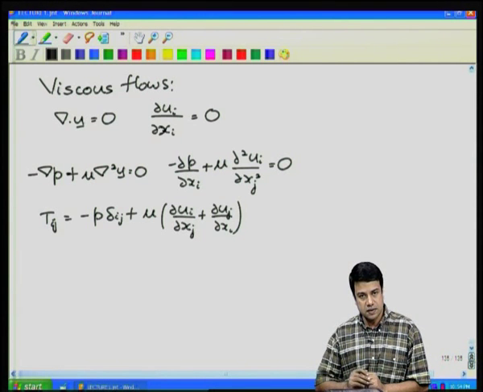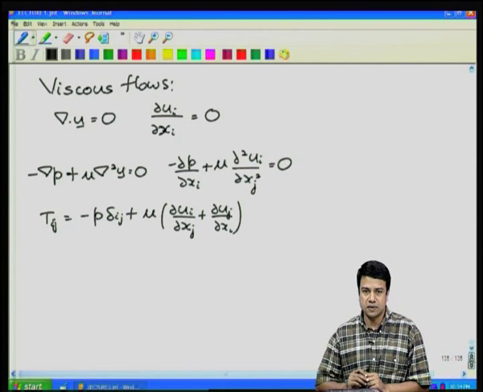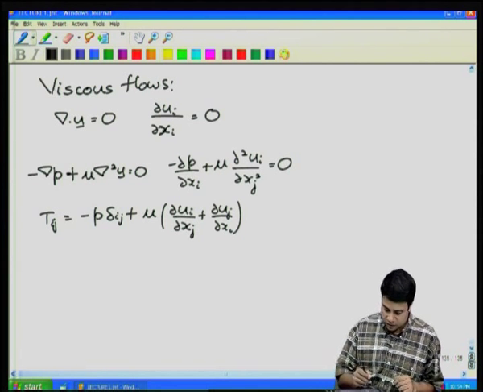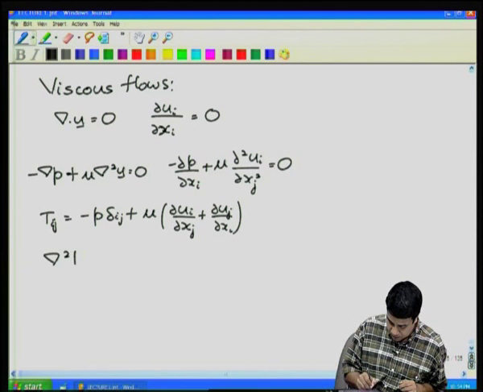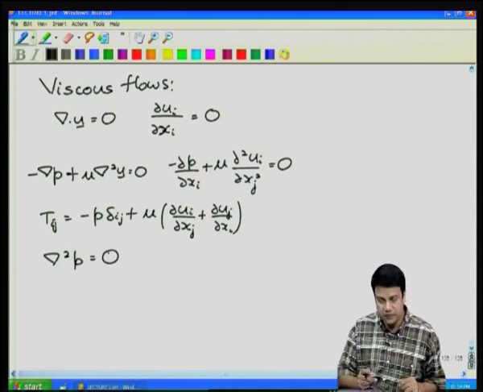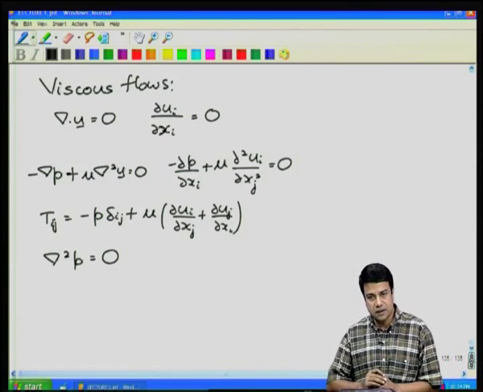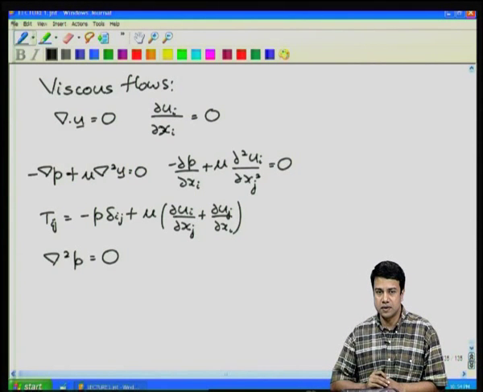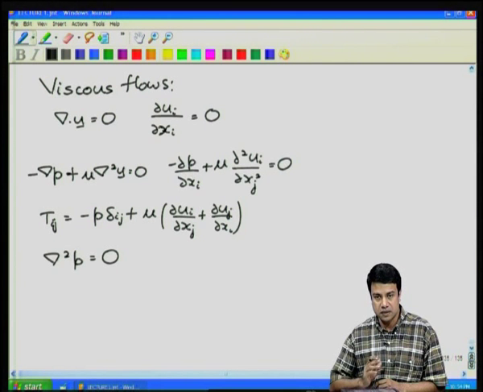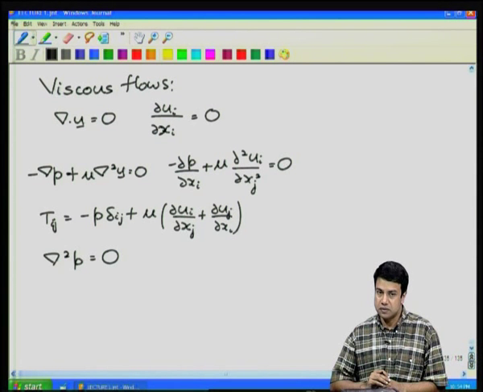And we had discussed a scheme for solving these equations. The first thing you do, you take the divergence of the momentum conservation equation, and you will get del square p is equal to 0. That is because when I take the divergence of the momentum conservation equation, the divergence of del square u is the same as the Laplacian of the divergence of u, which is 0. Okay. So, to solve the equation, first I solve for the pressure field, del square p is equal to 0,